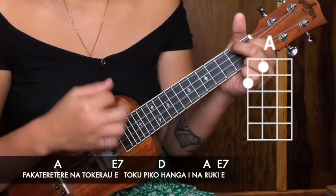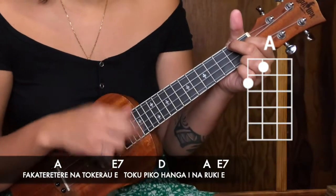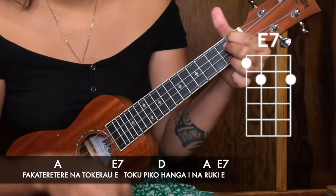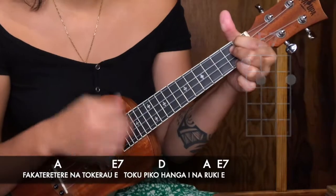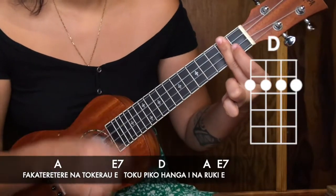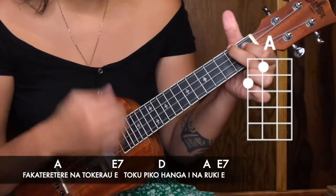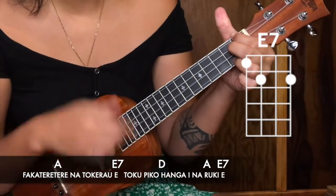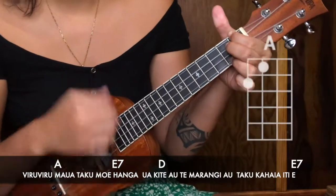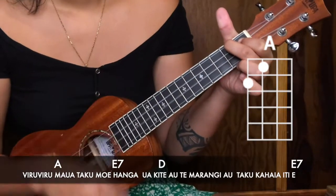Fakateretere, na tokerau, piko hanga, ina ruki, Viru,